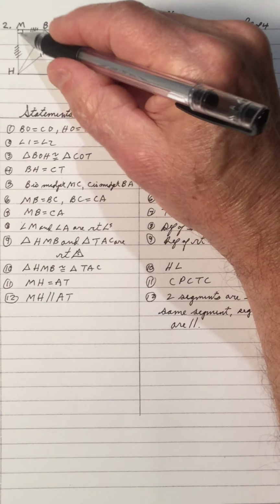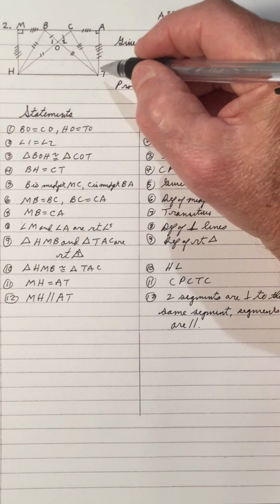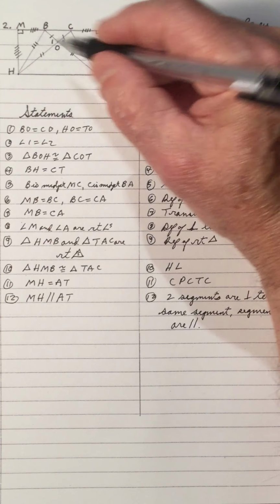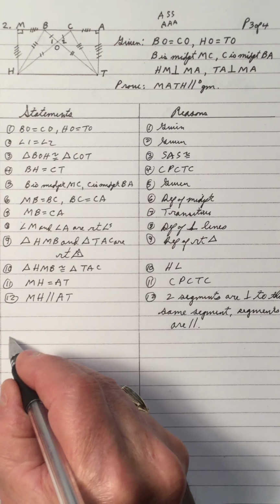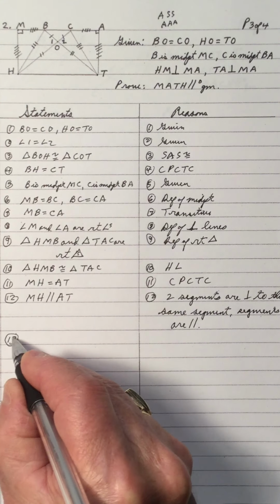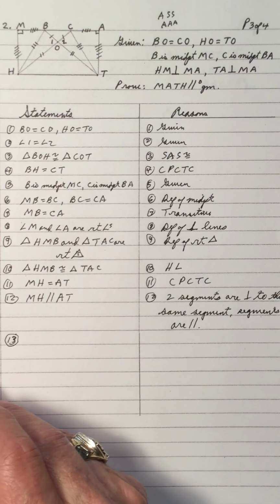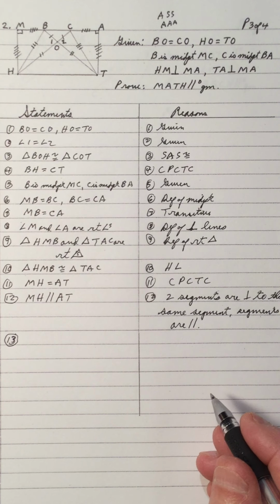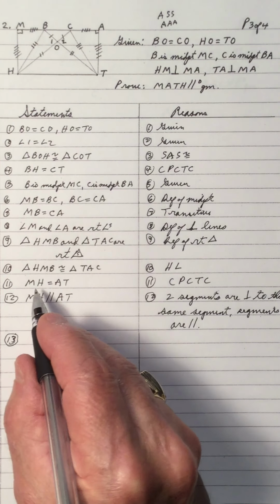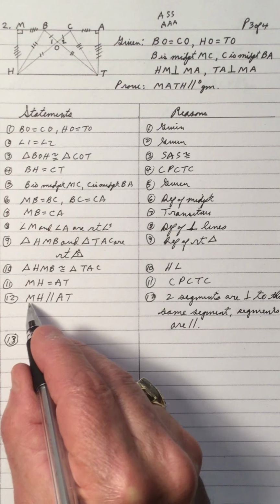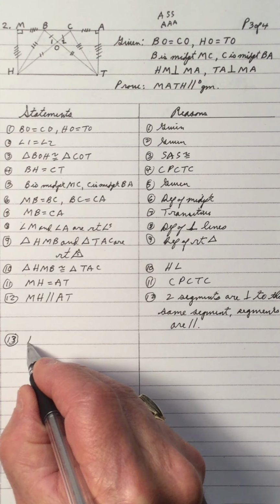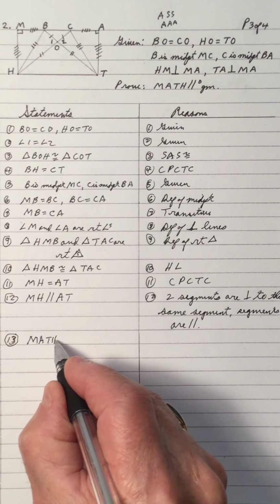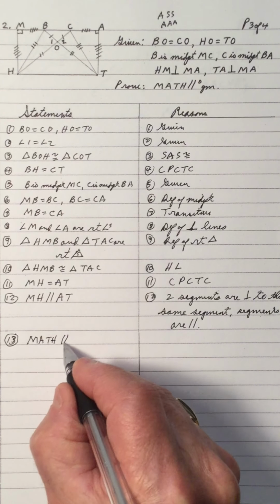In other words, MH is perpendicular to MA, TA is perpendicular to MA, therefore they're parallel to each other. And that's a proof that I did in the previous videos on congruent triangles. It's important to look at the congruent triangle unit. And so as a result, notice I have in number 11 and in number 12, I have MATH is a parallelogram